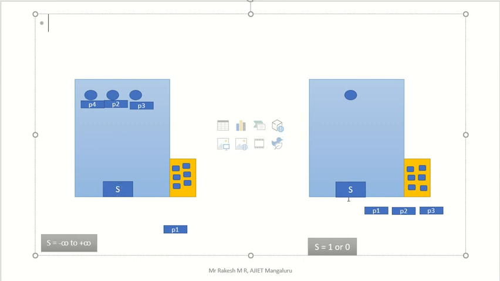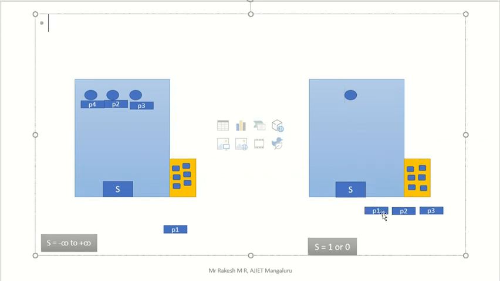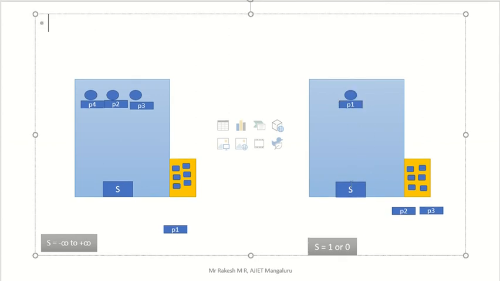Now consider binary semaphore. Binary means only one chair, same concept. So what is the value of S? It is 1, right? Because the chair is free, initially it is 1. Here three processes are waiting, one process comes and enters, so automatically S becomes 0. That means the chair is not free, he goes to that chair. Now S becomes 0 because the chair is full, so no one can enter inside. If anyone comes here, they should go to the waiting room.